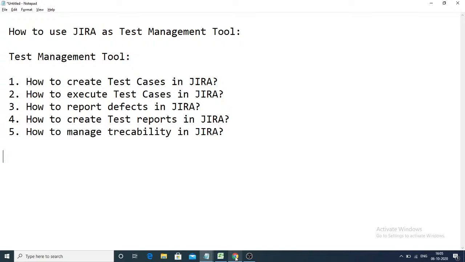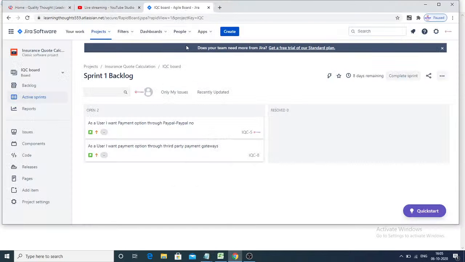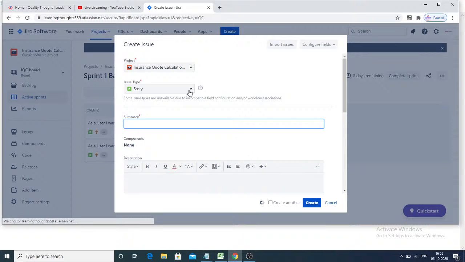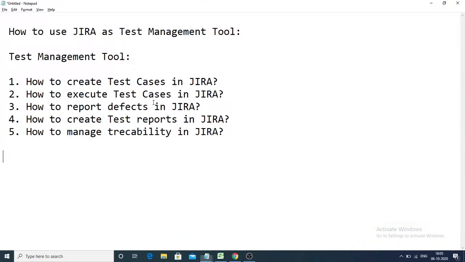Let's open Jira. If you click on the create button, do you see a test option here? There is no test option. So to create test cases, to use Jira as a test management tool,